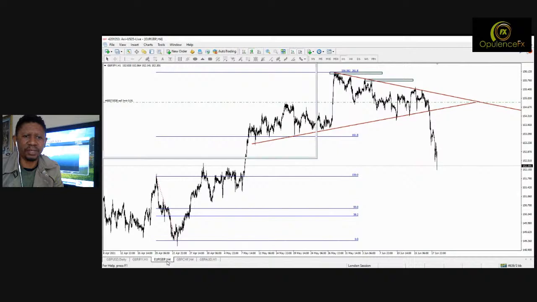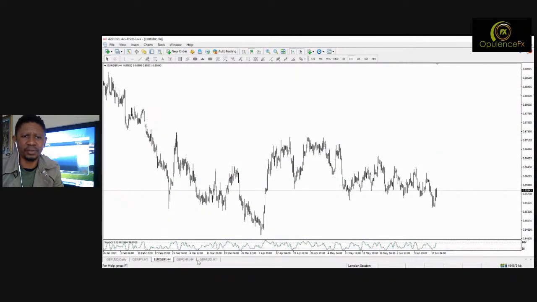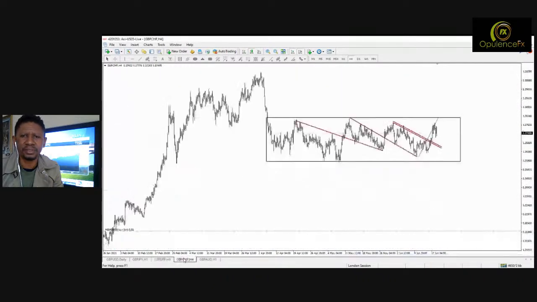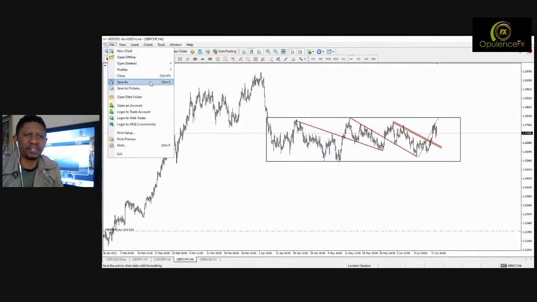Big selling of the pound. It's happening as we speak right now. Big selling of the pound, not a small one. Massive selling. Okay, that's a massive selling of the pound right now.